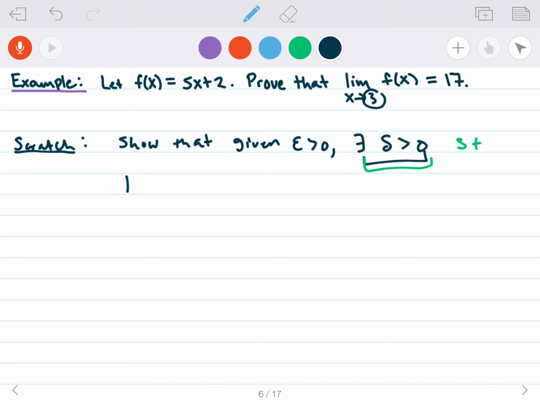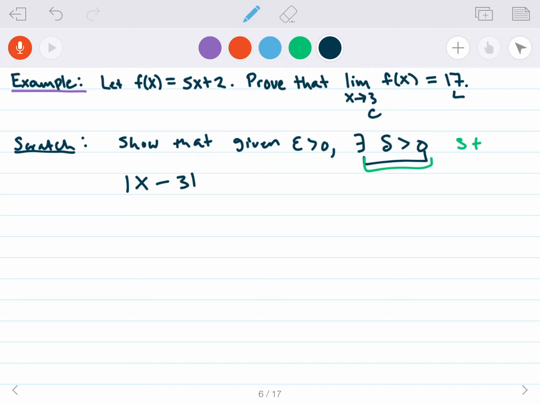Our c here is 3. We're getting close to 3, and we want to show that the limit of the function is 17. So this is our L, and this is our c in the definition. So we want to show that